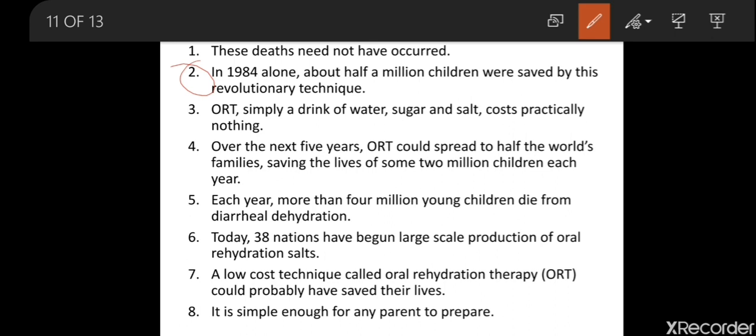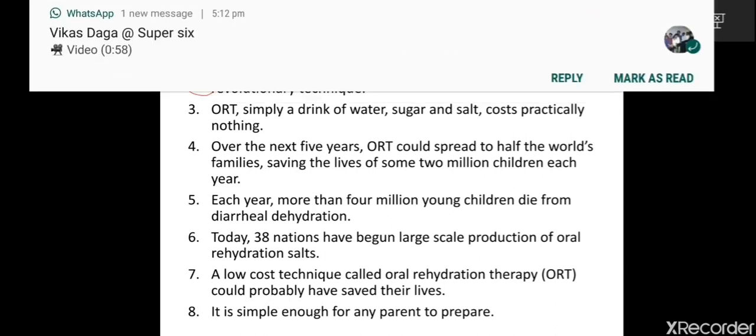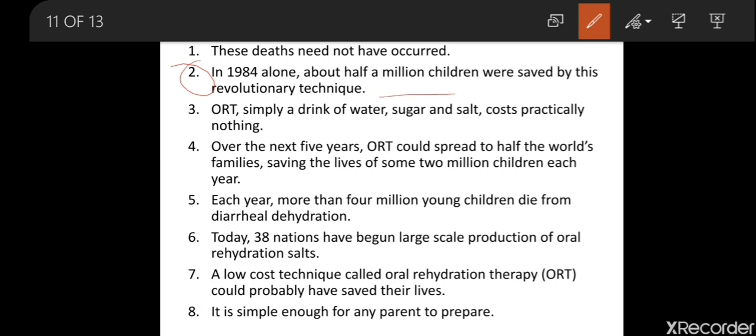ORT, oral rehydration therapy. So using this, in 1984, 500,000 children were saved. It is a fact stated here, and for the remaining 2 sentences we have to identify the sequence.